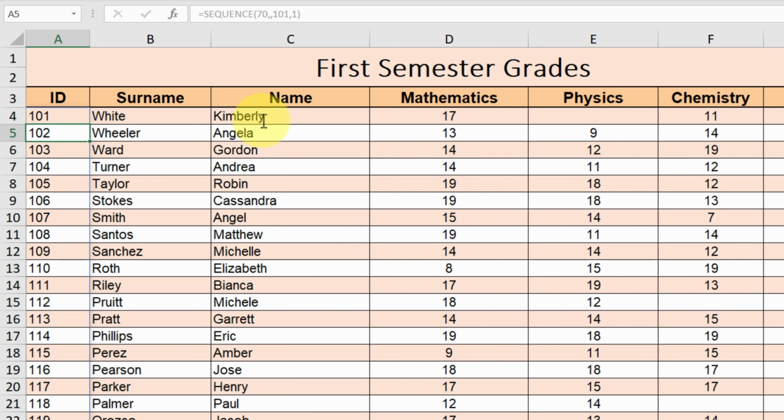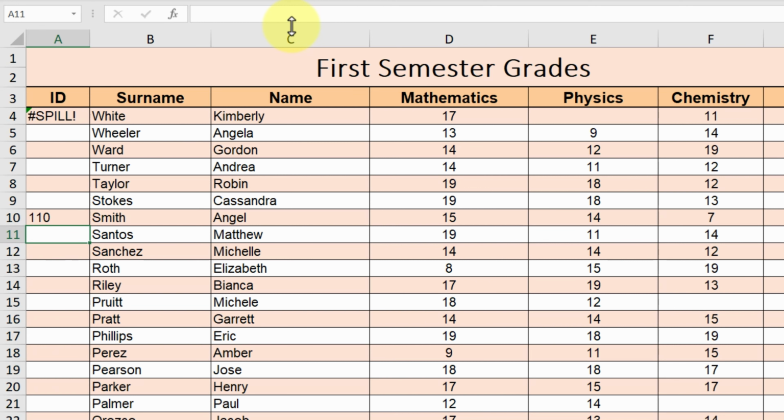This function belongs to a new kind of functions added to the latest Office version. These functions spill their results to the other cells. If we click on the other cells, we can see that the value in the formula bar is grayed out. If we change this value, for example, write a number